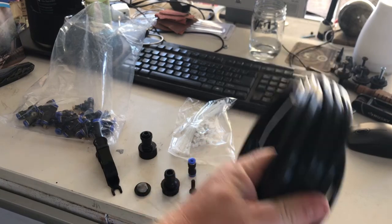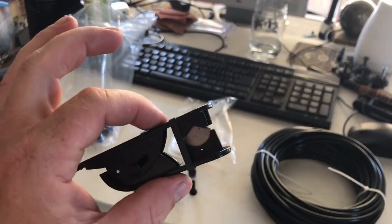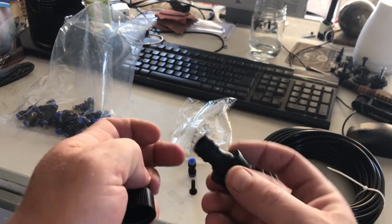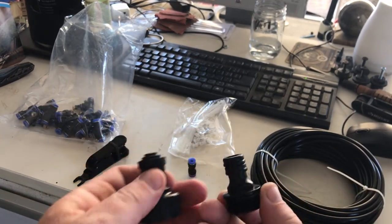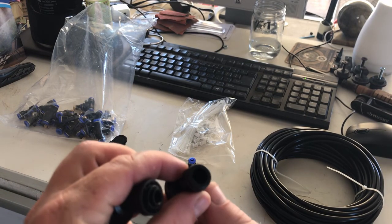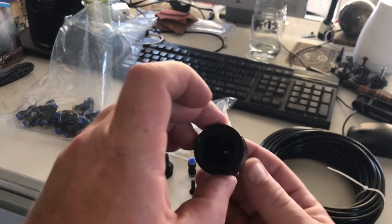Let's do it. Here's the gear. We got a lot of pipe, 50 feet of it to be exact. We've got our pipe cutter, super neato. We've got two different adapters to go to our hoses. I don't know why, because I can't imagine that this works for anything. Maybe it does. I don't know what that one's for, but it looks like this is the one we want to use